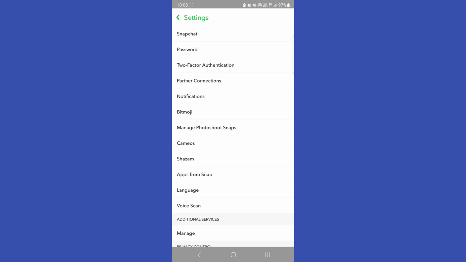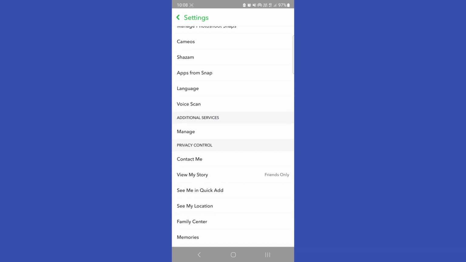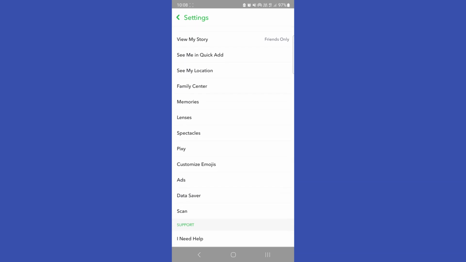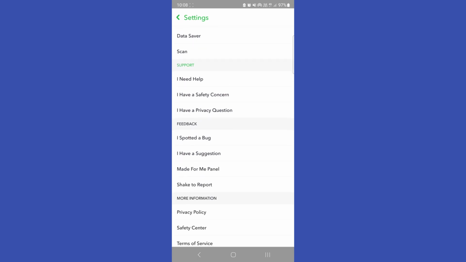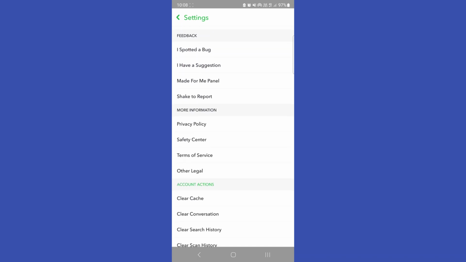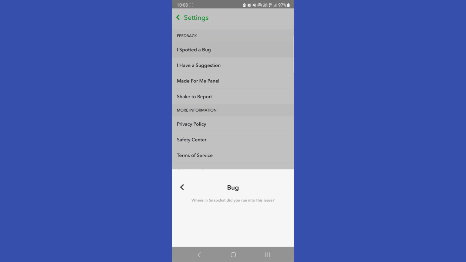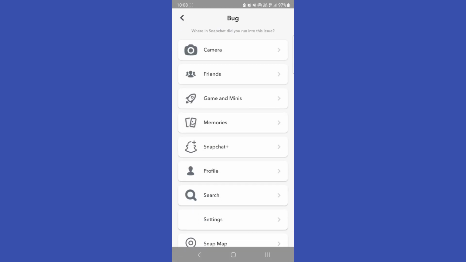So all you have to do is go to profile and then slide all the way down, going to settings and going down and clicking report a bug. I spotted a bug. So when you click on I spotted a bug, you're gonna go on profile